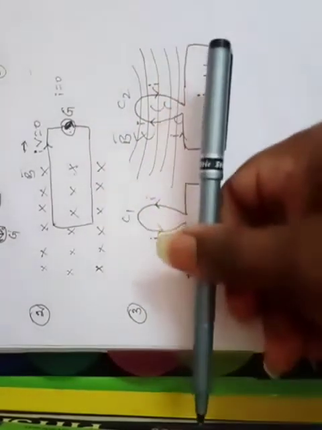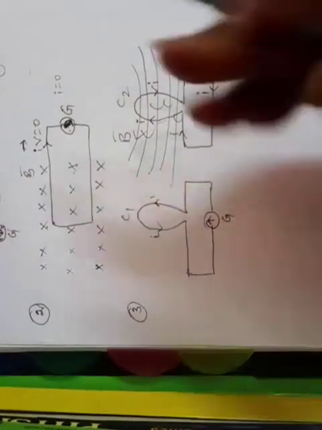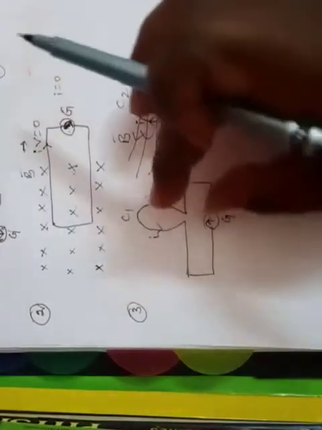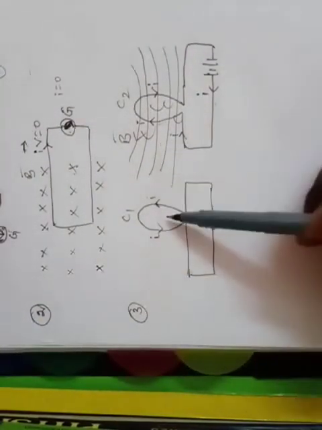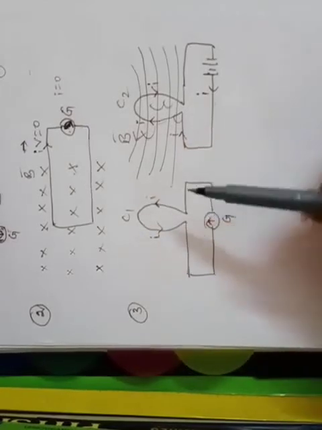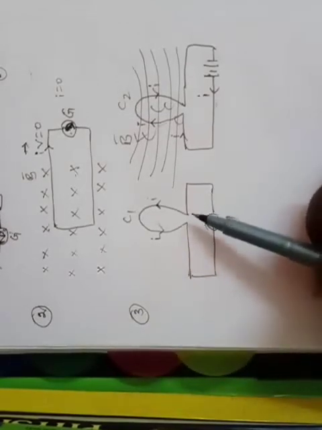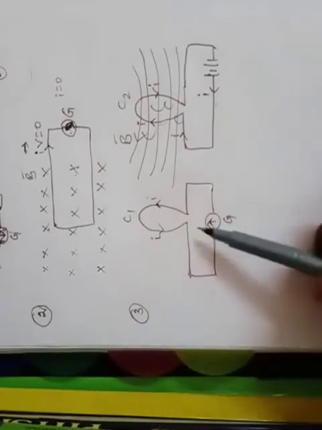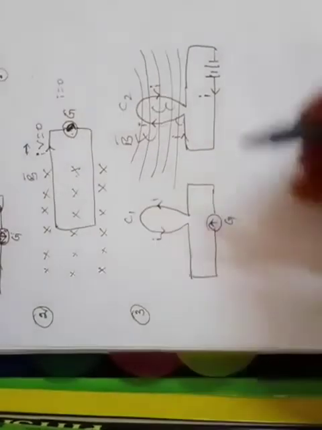Again, if the coil is moving away from this coil C1, then again the direction of current will be reversed. So if you keep this one at rest, and this one is moving either towards the coil or away from the coil, again the direction of current will be reversed as in the previous case. So I hope all of you understood what is electromagnetic induction. Whenever the flux linked with a closed coil or any conductor changes, there must be induced EMF set up, which causes induced current in that closed coil. This phenomenon we call electromagnetic induction.